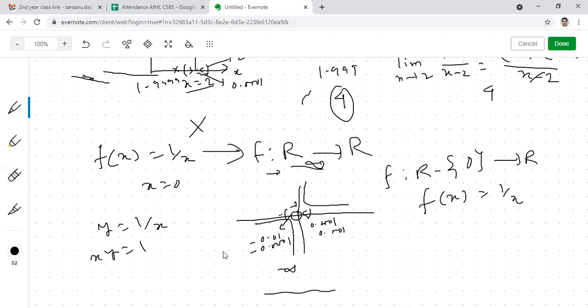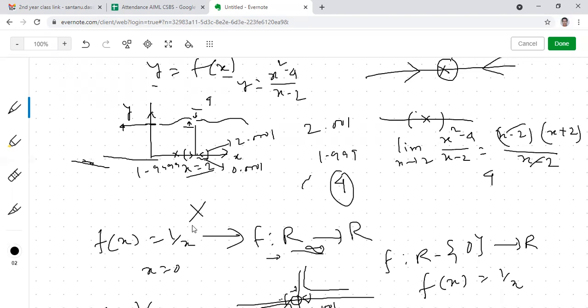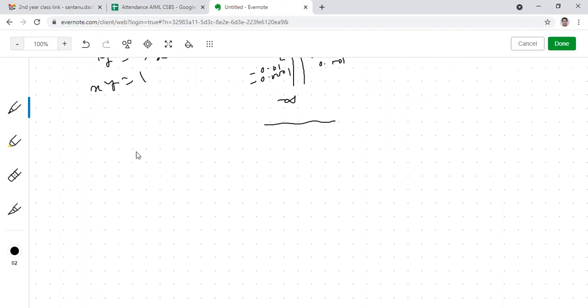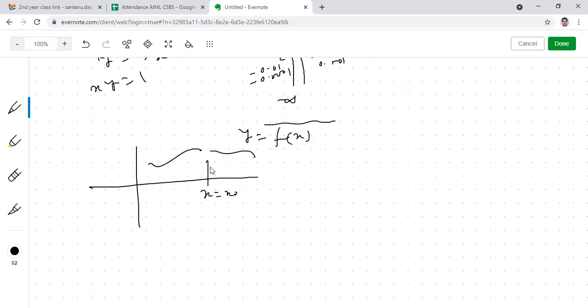I guess this is clear. Now, what is the epsilon delta definition? Let's say this is the graph of a function y equals f(x), and this is a point x equals x0, where the function doesn't have any functional value. So that's why we need to take the limit here. We are taking an interval around x equals x0, with equal length on the left hand side as well as the right hand side. Let's say this length is delta. So this point will be x0 plus delta, and this point will be x0 minus delta.